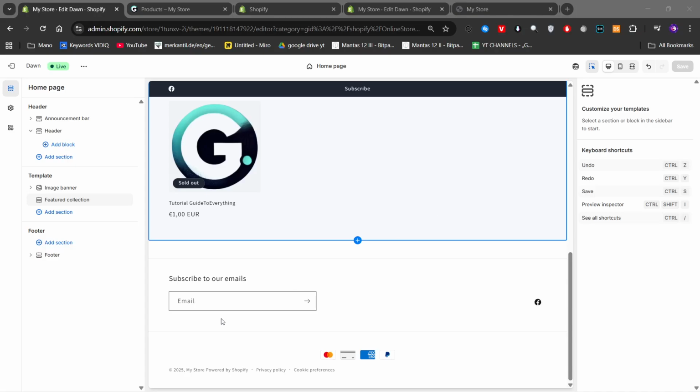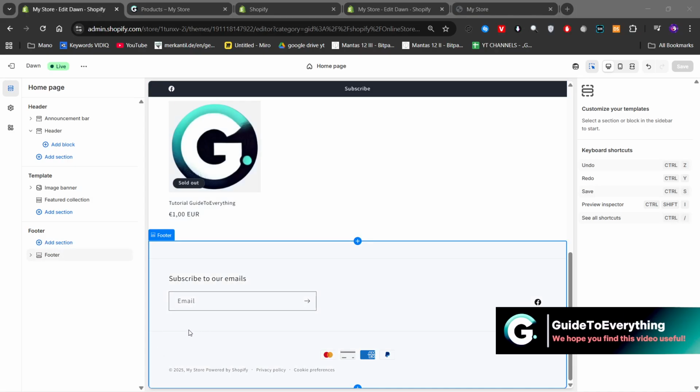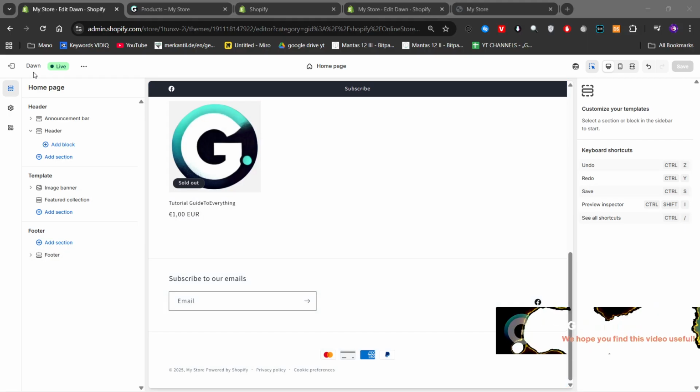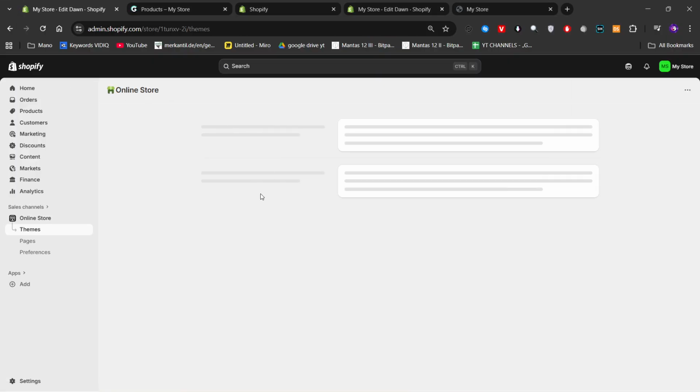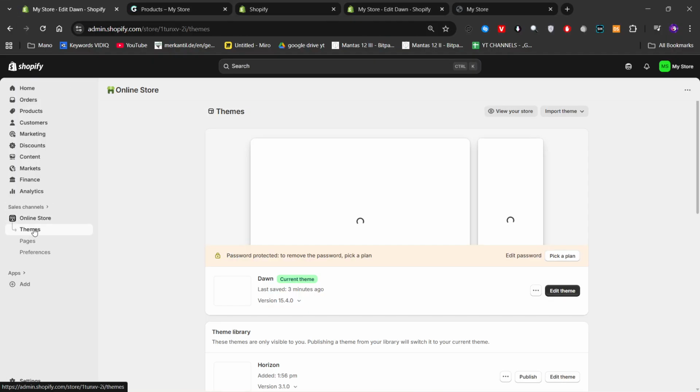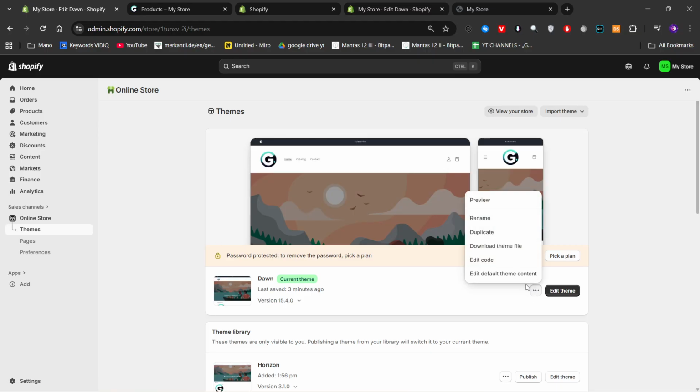Welcome guys, and today I'm going to show you how you can edit copyright text in Shopify Dawn theme in the footer. So what we'll need to do is basically go to your control panel, click on the themes, click right here on the three dots and click on edit code. After that you'll need to wait a little bit till it loads,